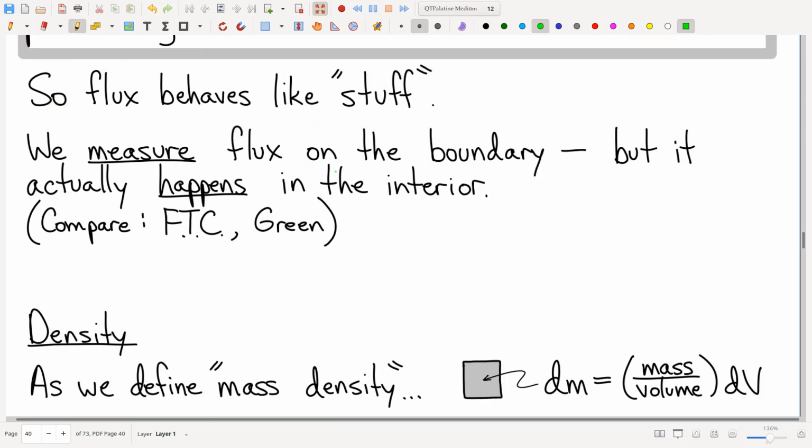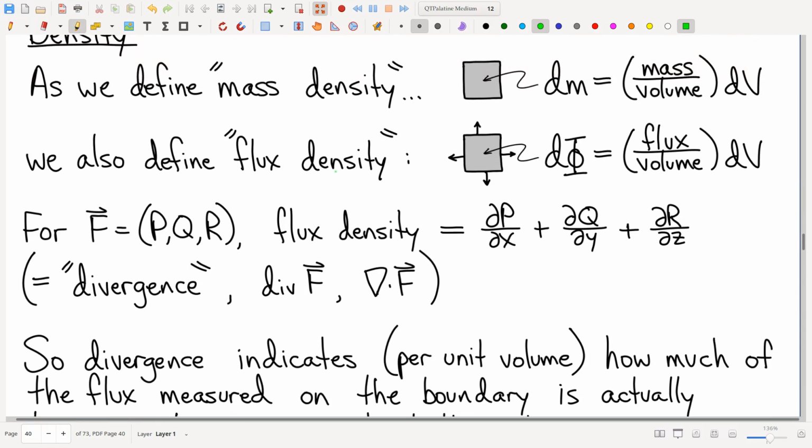And then, next step, and again, we've done this several times previously, once you have a stuff, you can talk about how much stuff per unit volume. Right now, I'm drawing this as a 2-dimensional picture just because it's hard to draw 3-dimensional pictures, especially when I need to talk about the interior and the boundary surface, and they kind of overlap. It's just a harder picture to draw. So you can use your imagination. But per unit volume,